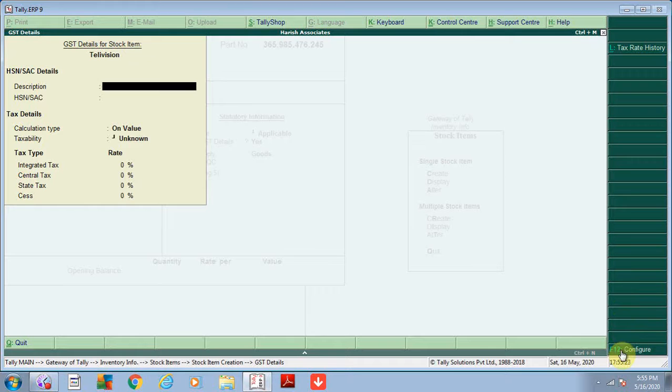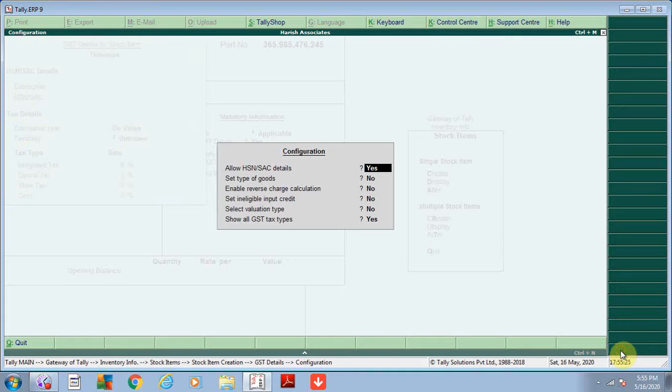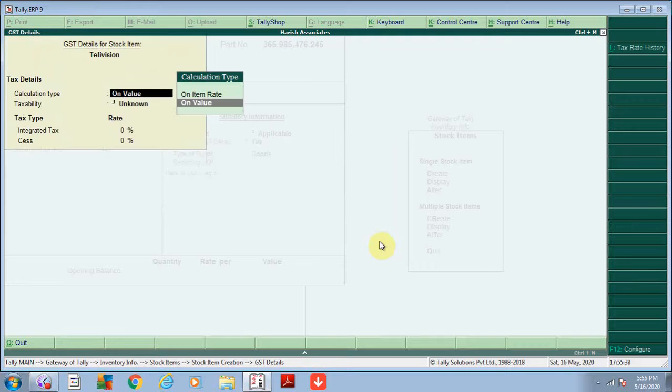You just put here as yes. You will find that allow HSN code or HSC code yes. If you go for the no, and here is the so all GST tax detail, you will find put as a no and accept it. You will find that this dialog box doesn't contain any description of the HSN code and the GST detail will not fully disclose. It comes only the integrated tax,